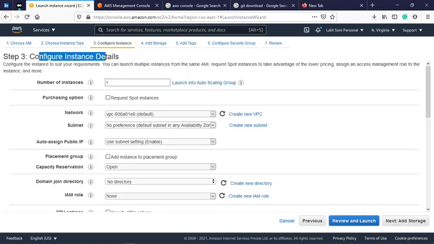On this console we can see configure instance details, like how many instances you want to start at a time. If your requirement is high, you can put any number, like 3. Right now we just need to start one instance.